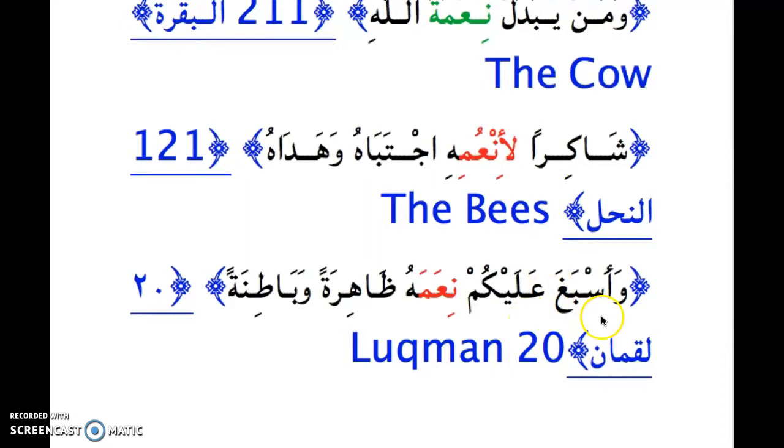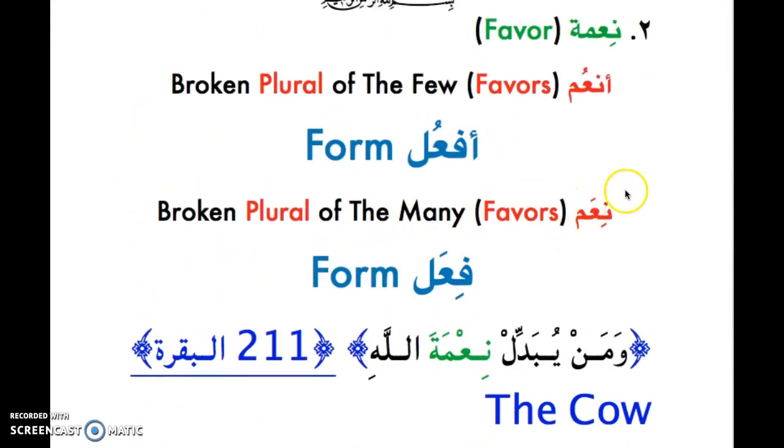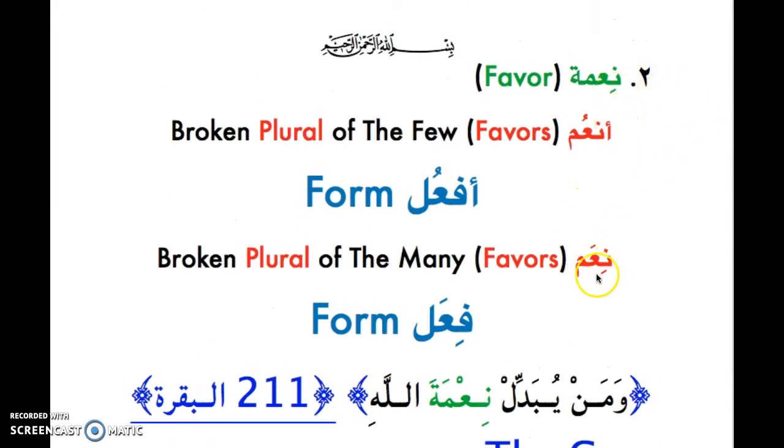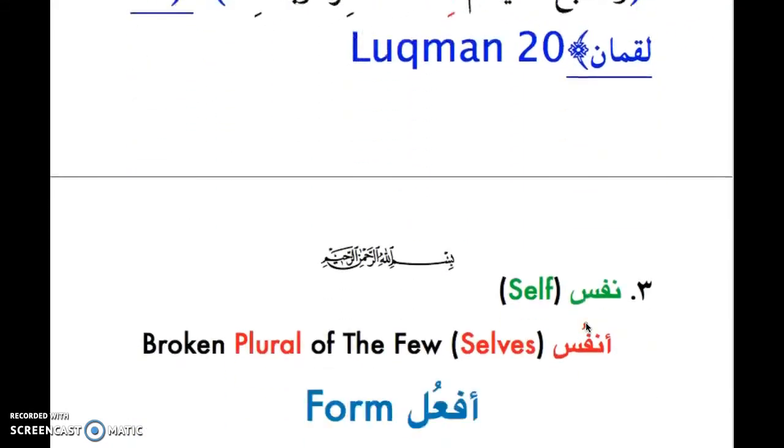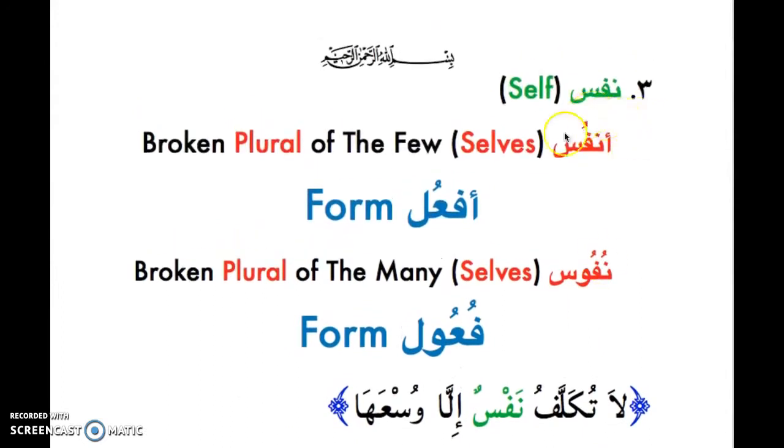And the last one, وَأَسْبَغَ عَلَيْكُمْ نِعَمَهُ. This one is also a broken plural, but of the many, ni'am, which is the plural form of ni'mah. All right, one last example, which is